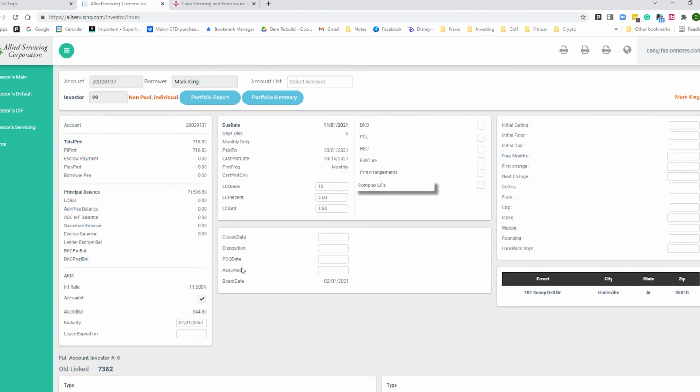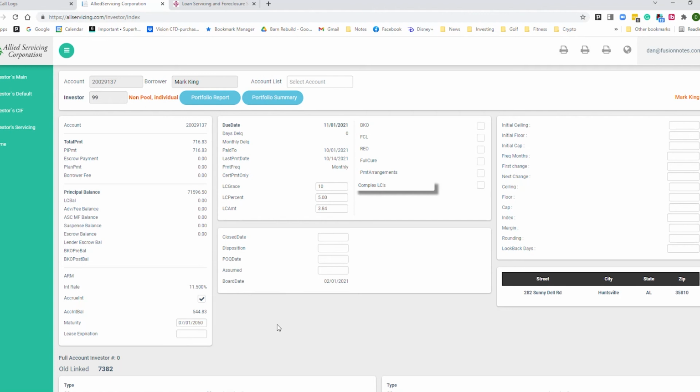And then we got Allied. Allied is known for having the worst portal of all of them. Apparently, a few years ago, they didn't even have a portal, and then they had an even worse portal. So this is actually supposed to be a great improvement, but you'll find Allied really, really challenging. And if you board some loans at Allied, it's almost best just to call them and have them walk you